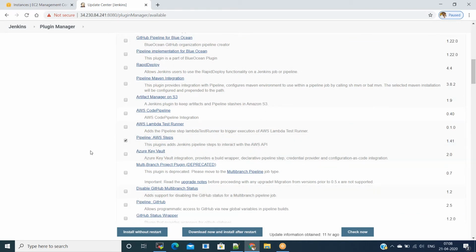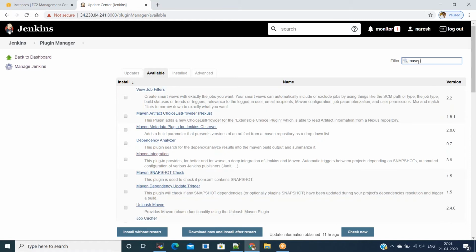Pipeline AWS Steps is the plugin, and Maven integration plugin as well.